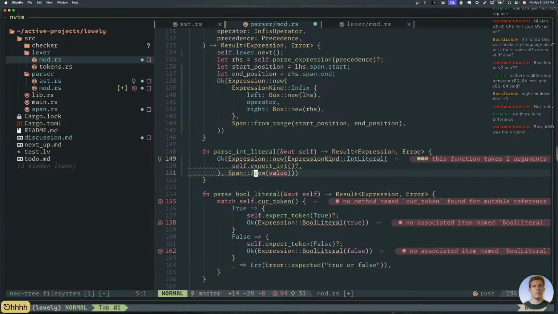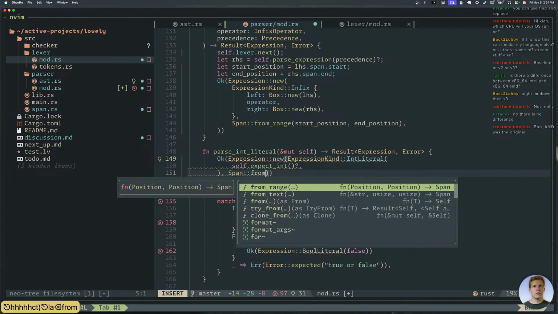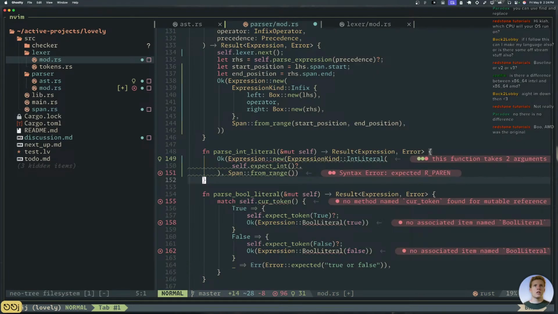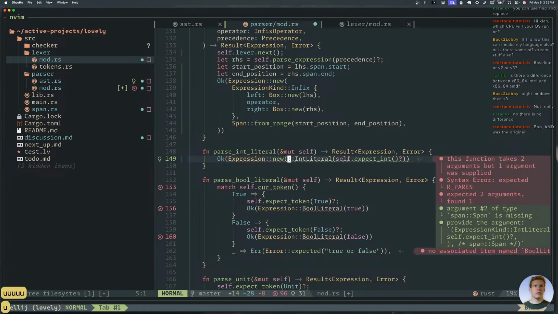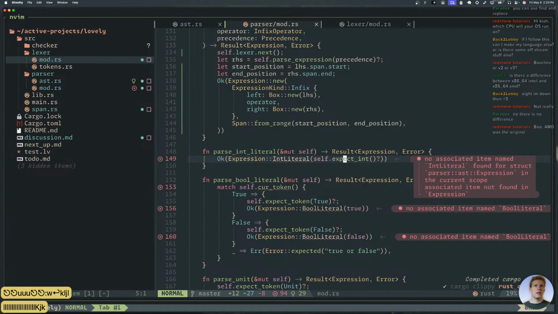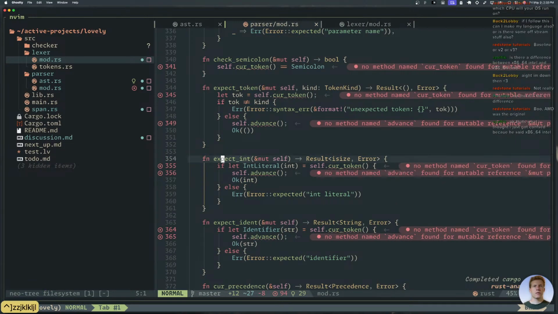No, not from range. Start. Oh, this was our whole problem with expect int. That's why we did this. Expect int needs to. Yeah. Okay.